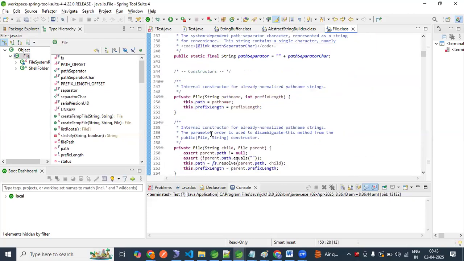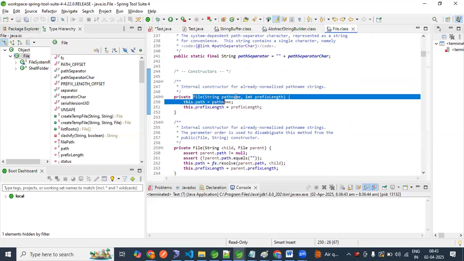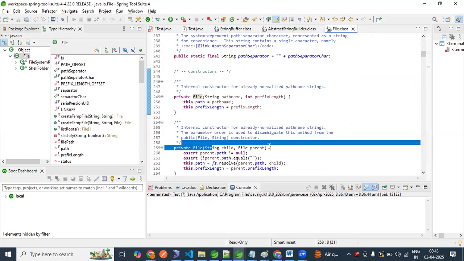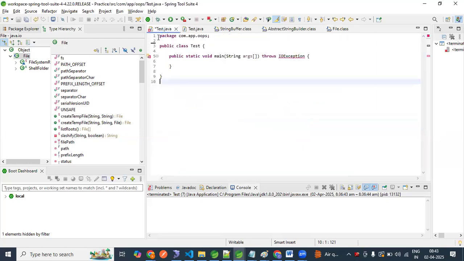These are variables. See guys, we have a constructor, right? This is a constructor. If you see File, what parameter is it taking? Path name and some two-parameter versions, right? This is File, it is taking one parameter. Class name, method name means what? That is the constructor. What is it taking? Path name. Okay. So can we create one class like this and try to do some operation? Then you will understand why File is important. Okay, now